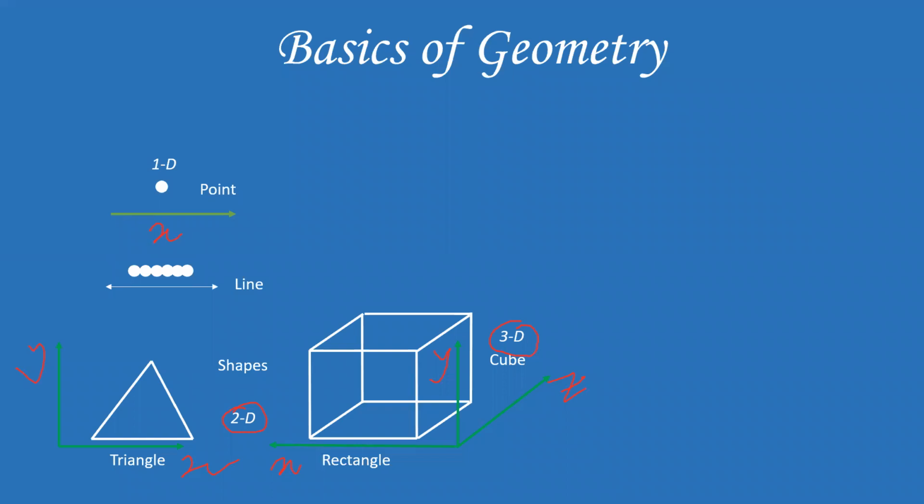These are very basic geometrical concepts you have to understand. Also, this is why the movies in the theater are called 3D. When you watch a movie on a screen, nothing is coming towards you. You just watch it on the TV. But when you watch a 3D movie, going to the theater and wearing goggles, it feels like the characters are coming towards you from the screen, coming out of the screen. That direction of coming out of the screen is the Z axis. That is why we say the movie is 3D.